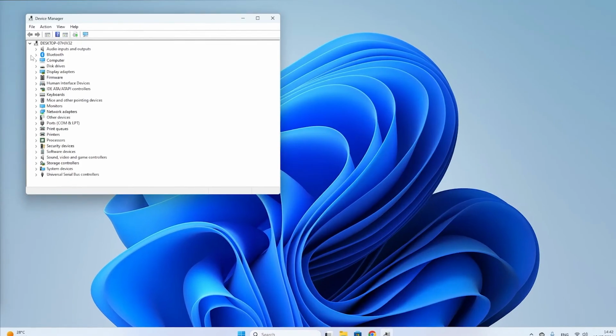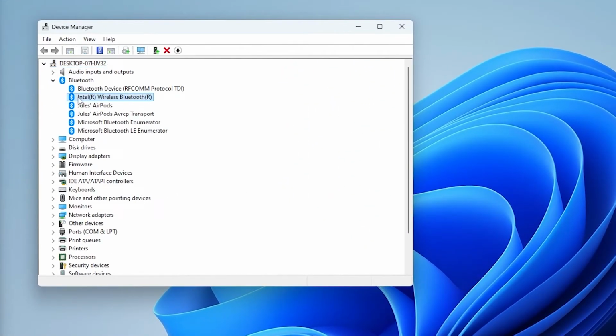device manager, look for Bluetooth, right click on your adapter, which is in my case Intel wireless Bluetooth. You might want to remember this name. So in my case I have Intel, but you might have something like Realtek. Right click on it and go ahead and click on uninstall device, reboot your PC and check whether it has